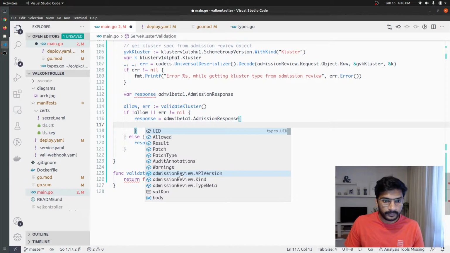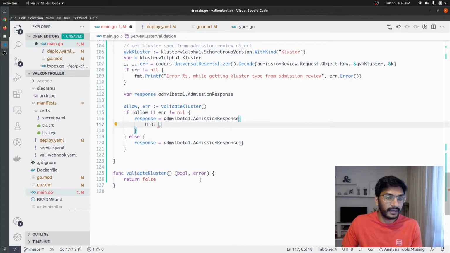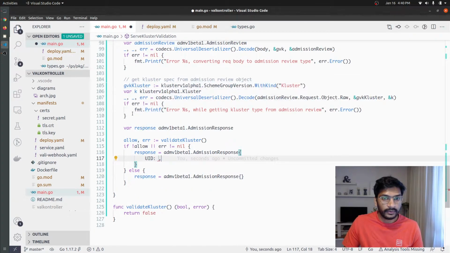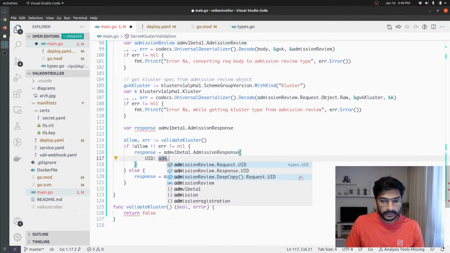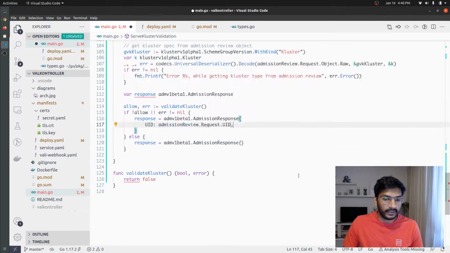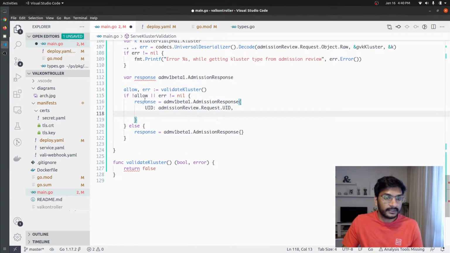So we are going to specify UID, and as we talked about, UID can be figured out from the request itself, and we know the request is AdmissionReview.request.uid, and since